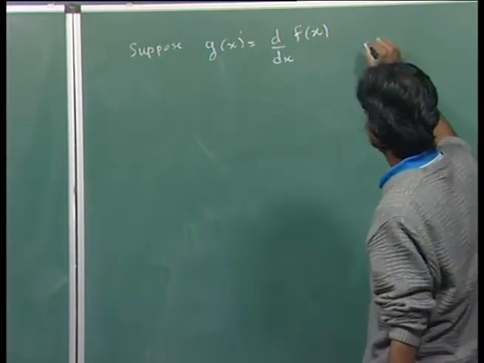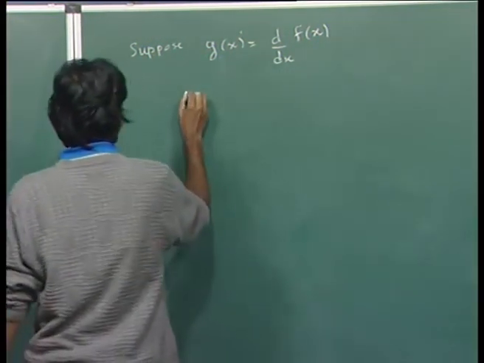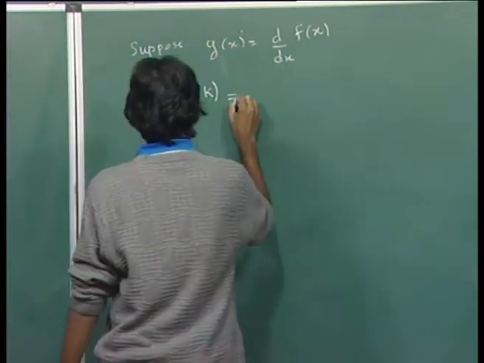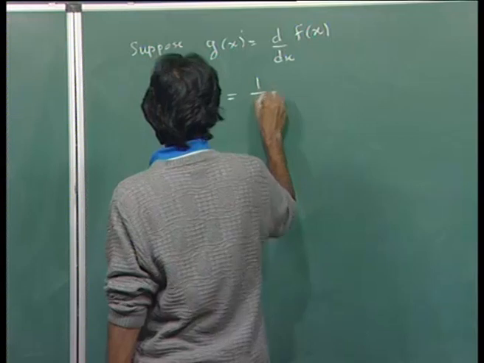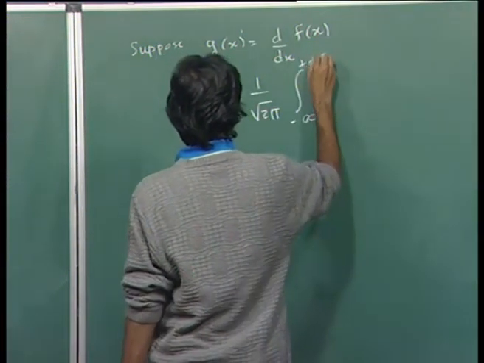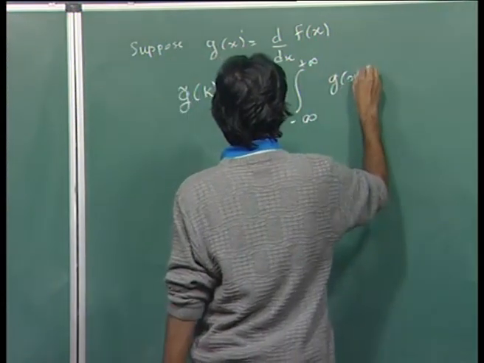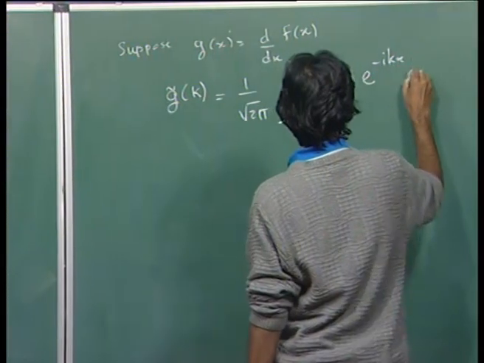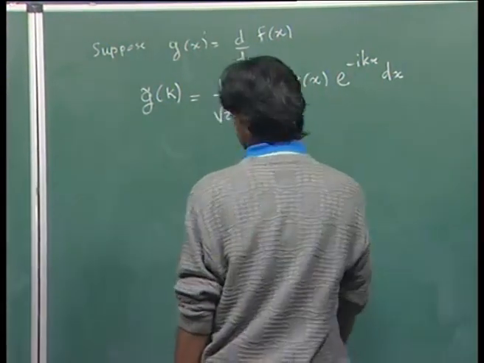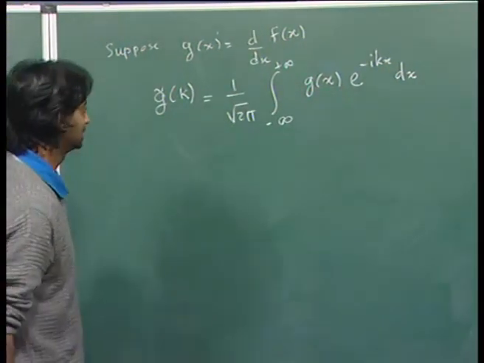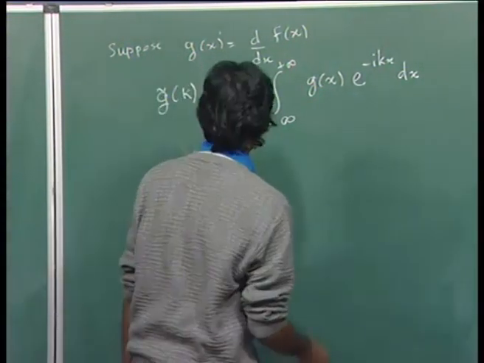Then what is g tilde of k? g tilde of k is equal to 1 over root 2 pi, integral from minus infinity to plus infinity, g of x e to the minus i k x dx. So, the Fourier transform of g of x is this, and so this is equal to